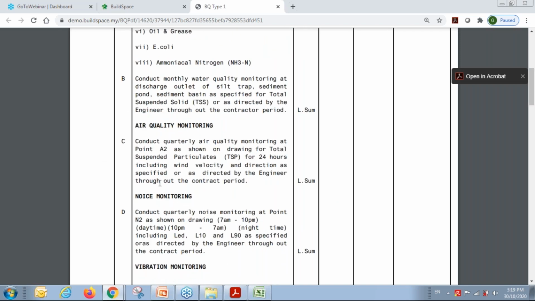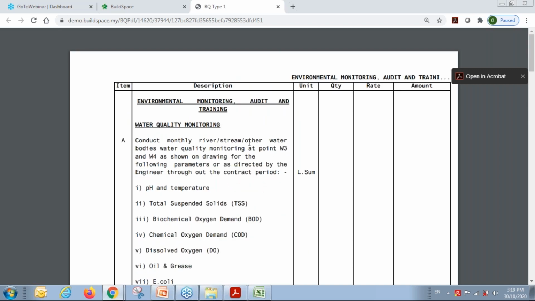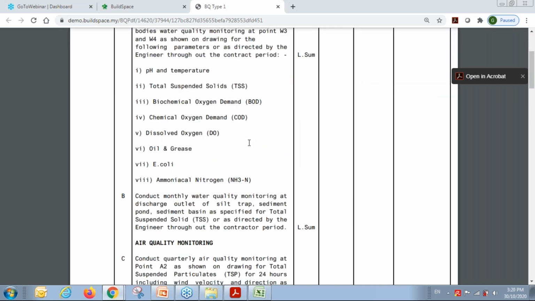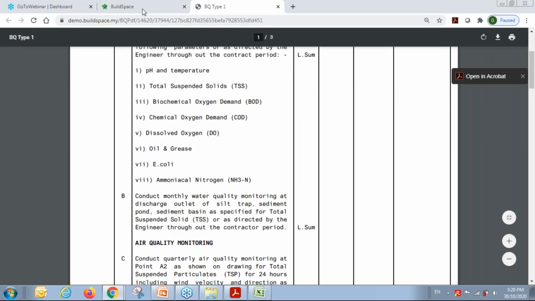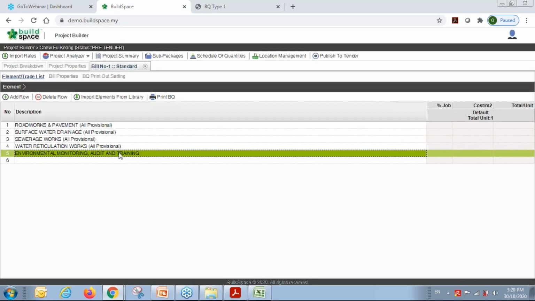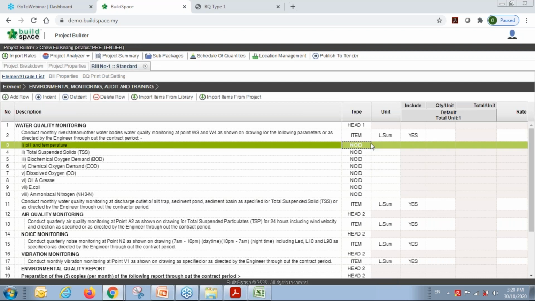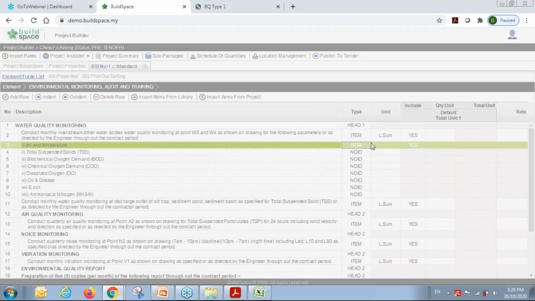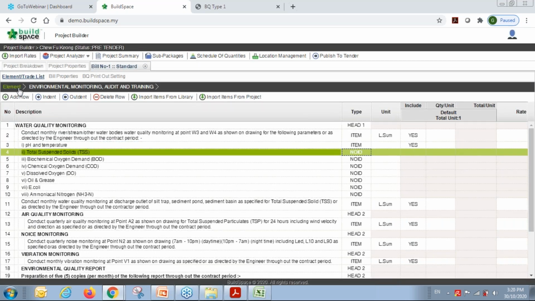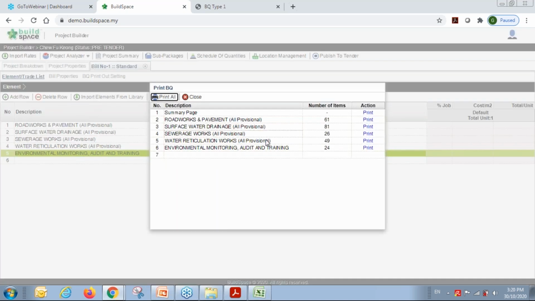Whatever has an ABCD is considered an item. That item should have a unit and also a quantity, or it's a lump sum, like this one is a lump sum only. Whatever has an ABC is considered an item that the contractor needs to code. This is the international BQ standard, so we already cater for it. Whatever item you put no ID will not print out ABCD. If I change to normal item and print out the BQ,